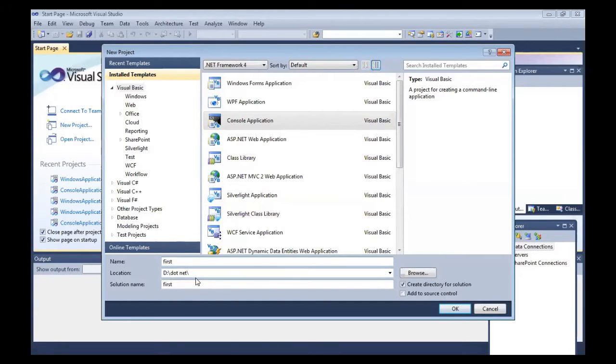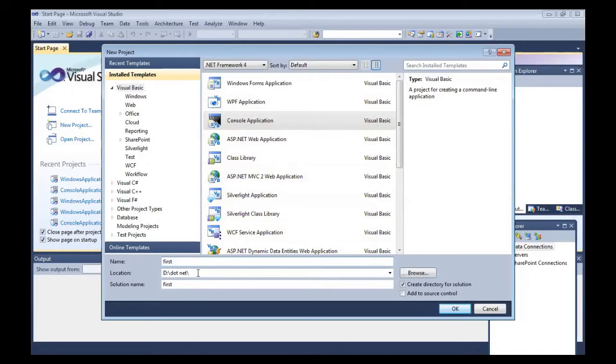For assigning a location, there is a browse button. This will set a path where you can save all these console or .NET applications.